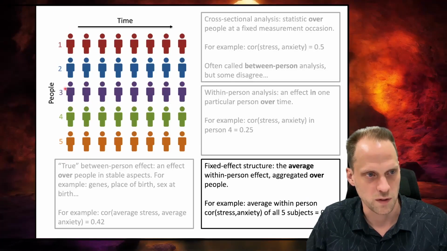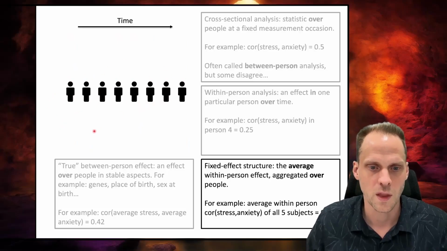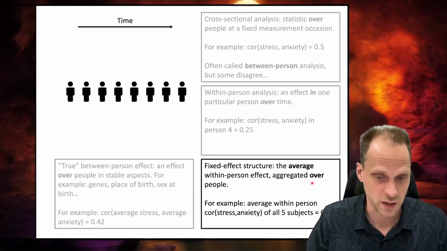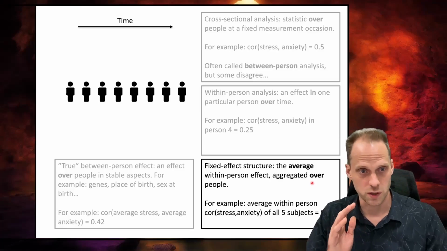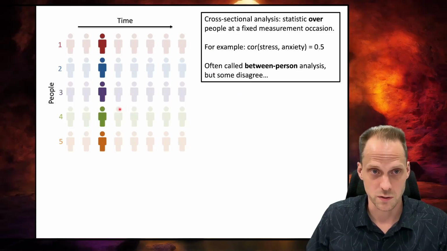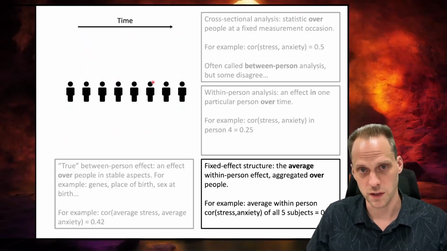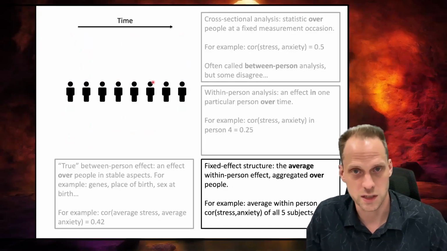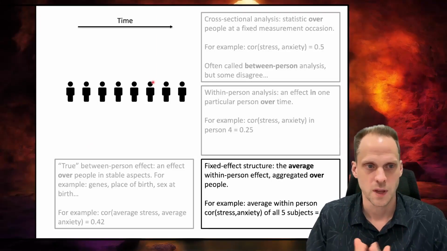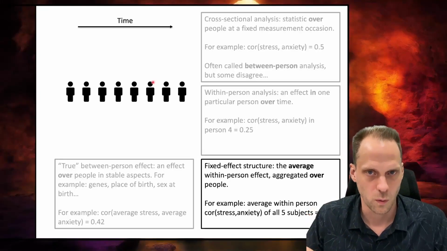See? We had person 1 to 5 here, not this non-existing average person. So we might get a correlation there, but it's not actually a within-person effect. Now this is confusing because many things here are confusing. Many people will call this a between-person effect, this cross-sectional relationship, but it actually isn't. And many people will call this a within-person effect, this fixed effect structure, but it actually isn't because it's not based on the data of one particular person. Very confusing. And yeah, I think it's just good to think a bit about what this means.